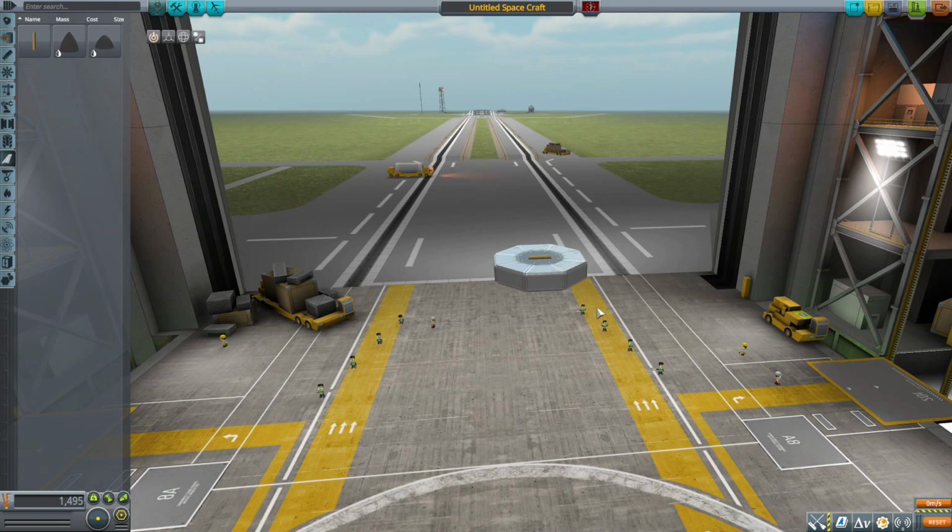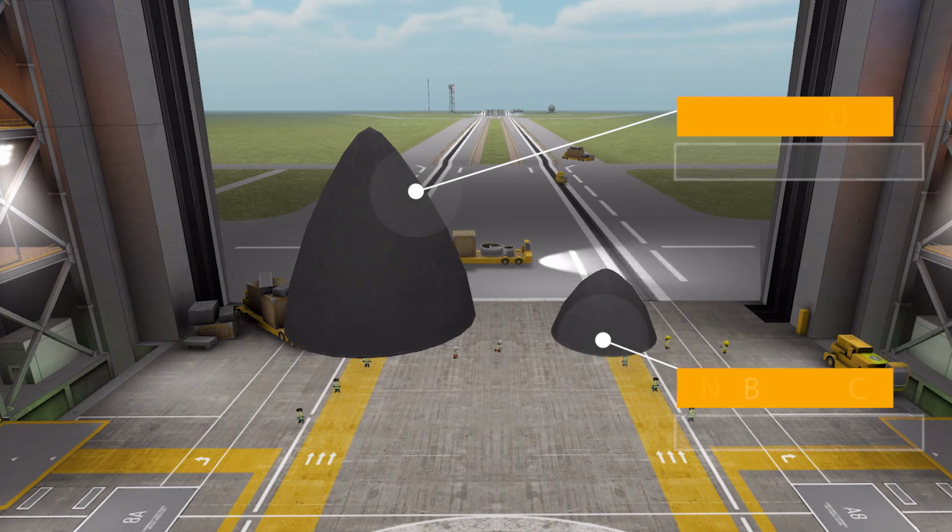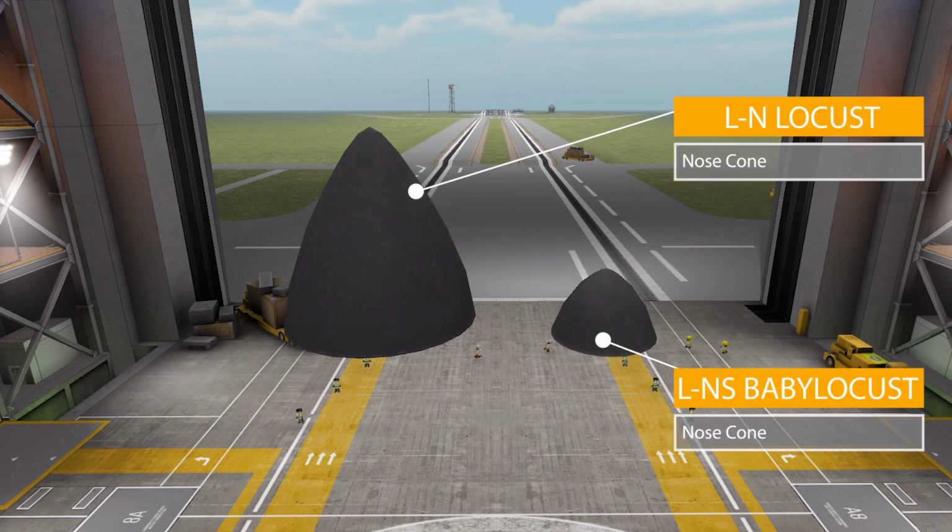I had to zoom in real far and mess around with the move tool to make that previous shot you guys just saw possible, because it's just that tiny. But once more, fits perfectly with the theme of this thing. It's just a tiny little fin. I love it. And then we do have two different nose cones, those being the LN Locust nose cone and